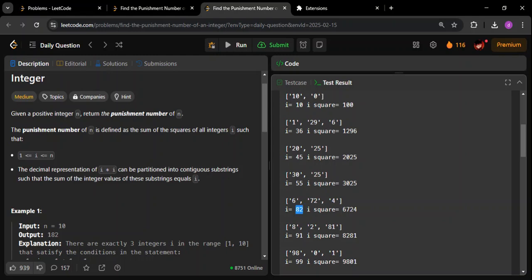So that is the trick behind this whole question. You have to take I, get I square. This I square should be treated as a string. Once you get this as a string, you have to break it into substrings. Remember they're talking about contiguous substrings. That means every letter here should be included. Okay, 6724, every letter in this should be a part of a substring. Simple as that. So I'm breaking it like this: 6 plus 72 plus 4, and then I'm getting the